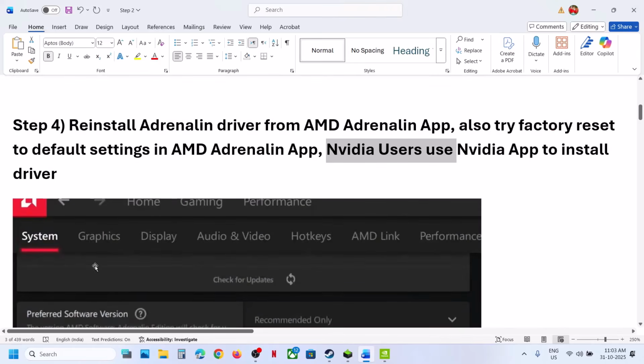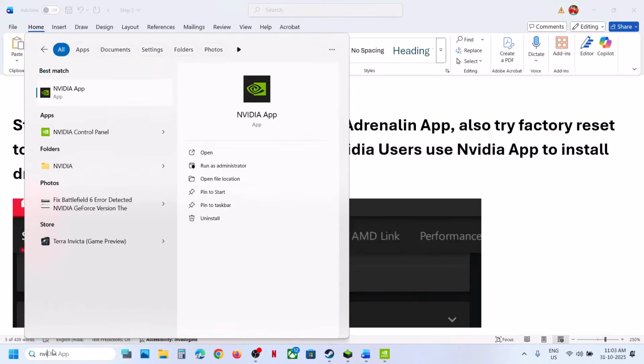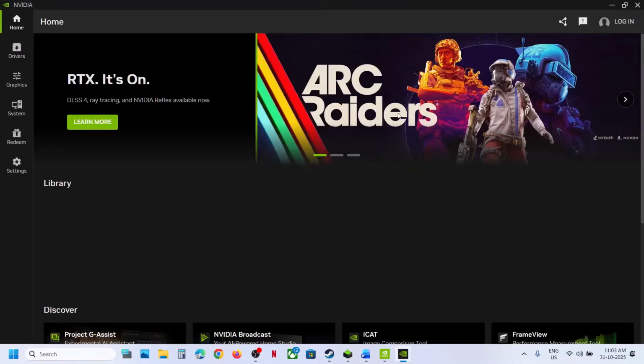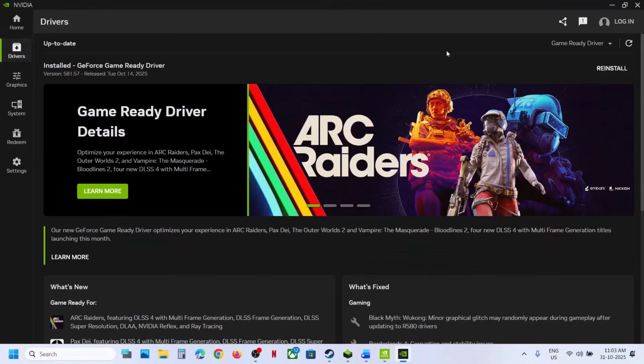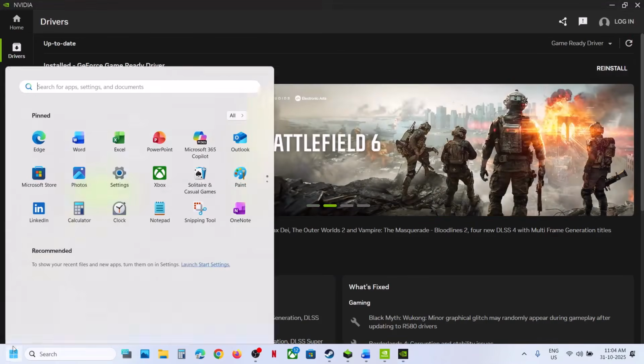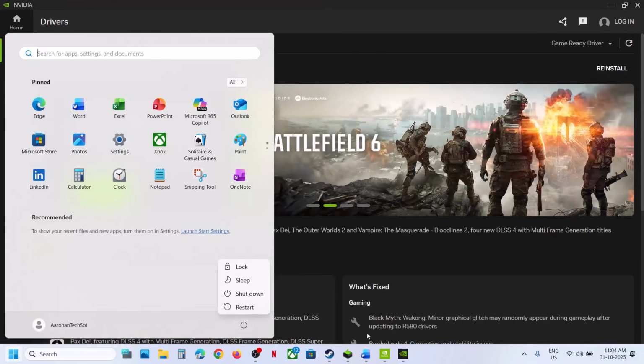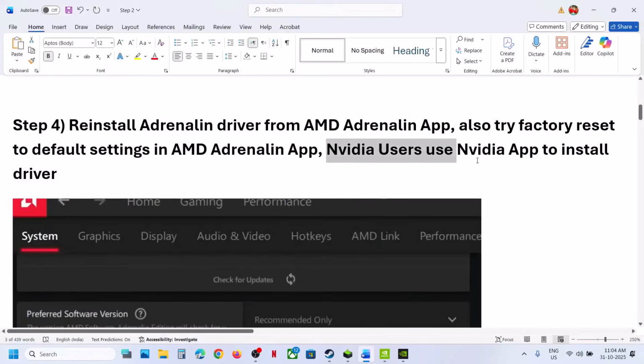Nvidia users, you can launch the Nvidia app. If not installed, you can install it, and then go to drivers. If you see an install option, install. If you see a reinstall option, reinstall, and after the reinstall, restart your computer and then check. Still not working, the next step is to